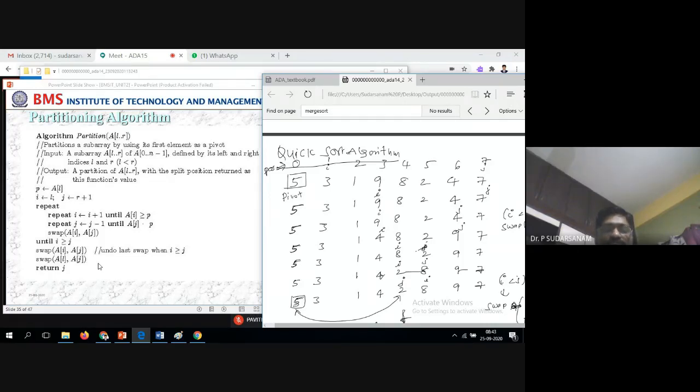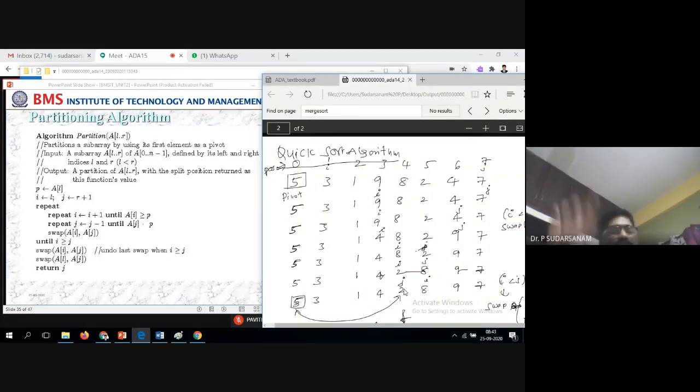So a of left with a of j, the last swap, is nothing but 5 and 2. So 5 and 2: left is the first element, and a of j is this one, so 2 and 5 are swapped. Now the definition says, when you are making the partition, all the elements lesser than the pivot element go to the left hand side, and the greater elements you arrange on the right hand side. That means you made the two partitions according to divide and conquer. Do the process, and continue this till you get the sorted order. That is what the quicksort algorithm is.